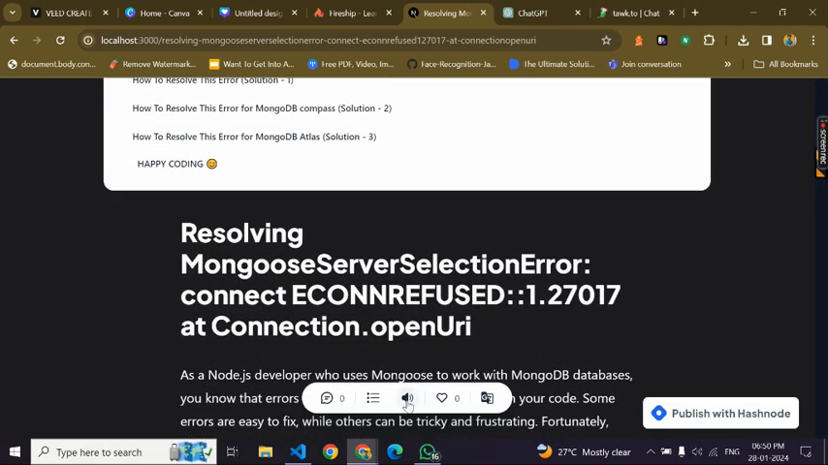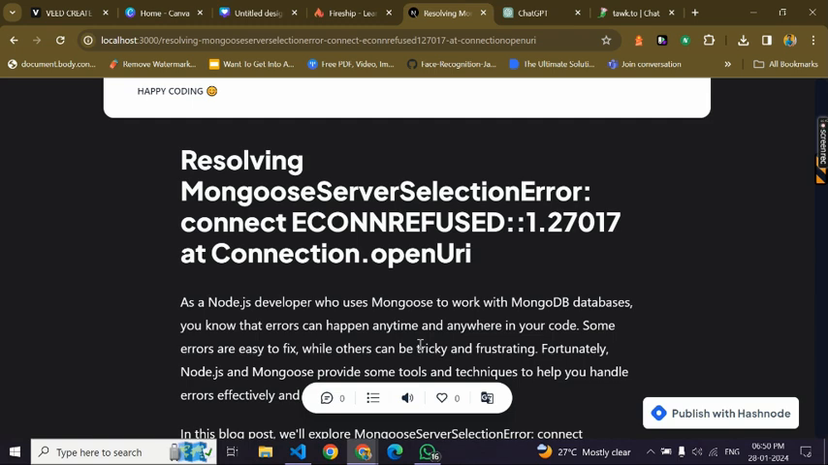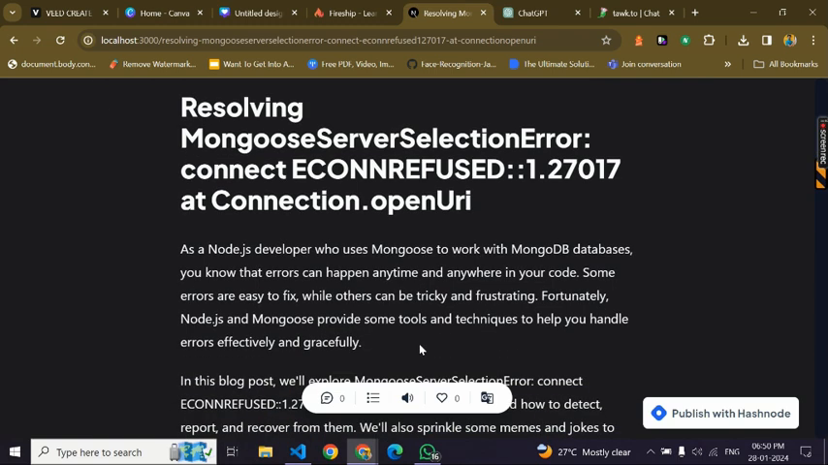Resolving Mongoose server selection error. Connection refused 127.0.0.1:27017 at connection.openUri. As a Node.js developer who uses Mongoose to work with MongoDB data,